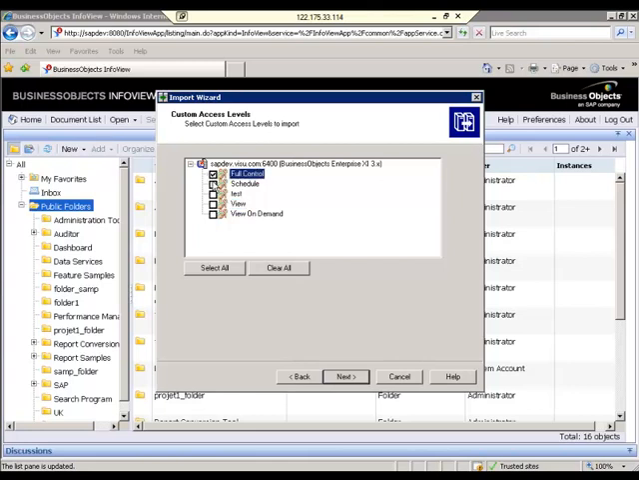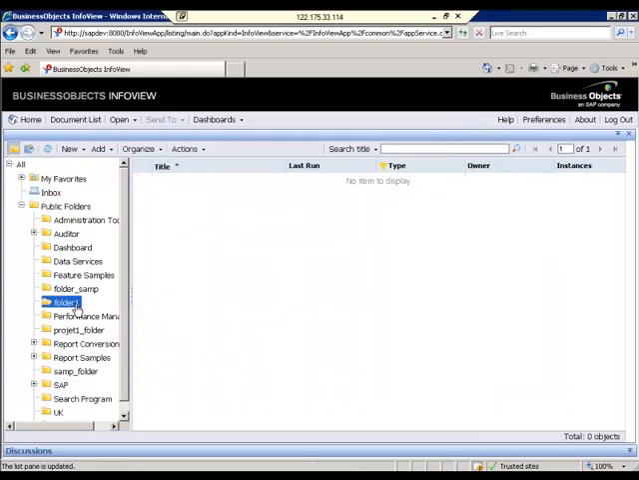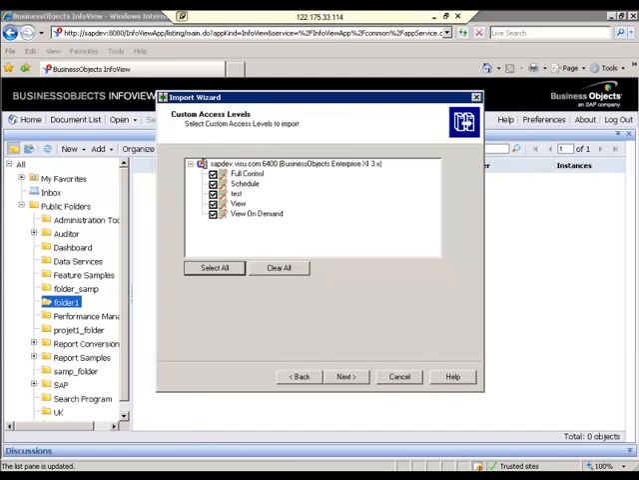If you want to give whatever the access they have in the dev to QA, then you need to select all. If you select all, for example, assume you have a folder 1. In this folder 1, group 1 has some access and group 2 has some access. For example, group 1 has view, group 2 has full control, and group 3 has view on demand. If you select all, then group 1, group 2, group 3 will be imported, and the folder 1